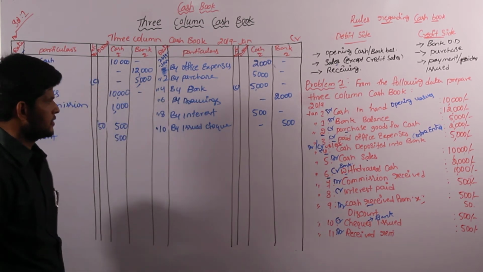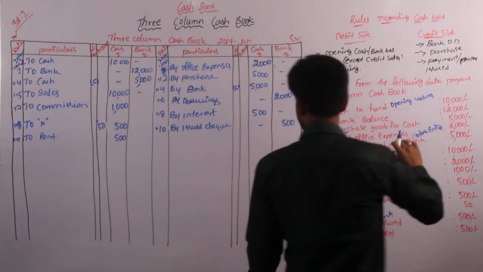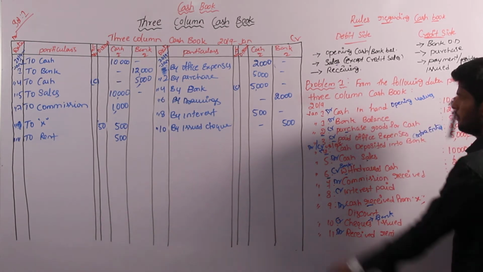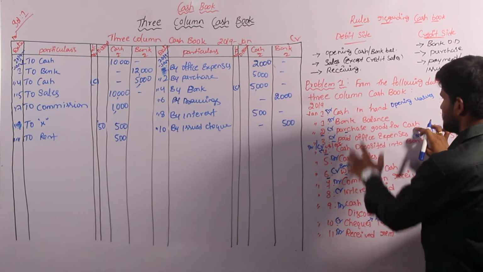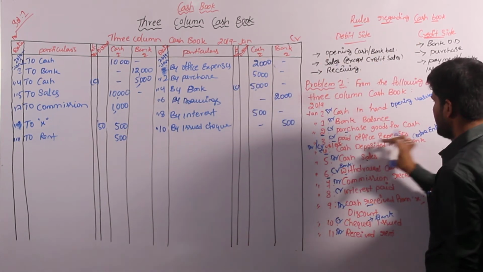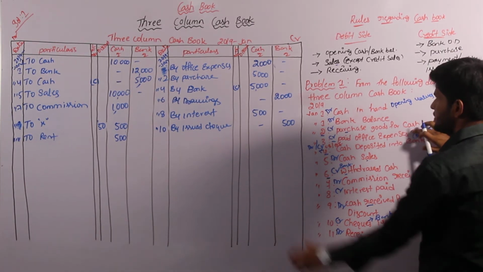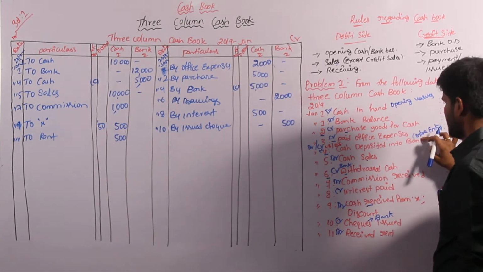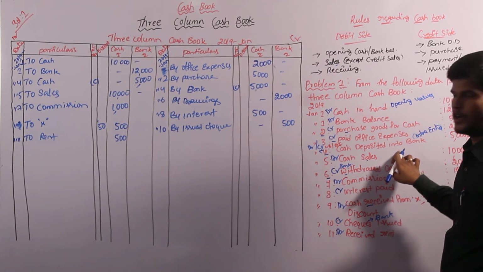So all transactions are perfectly entered. Again we have to check once again. Cash in hand, cash in bank, both values we have already entered here. And next one, purchase goods for cash. Purchase is nothing but credit side, so purchase is already completed. Paid office expenses, expense is nothing but payment. Payment is there in the credit side, it is also completed, that will be in the cash column because there is no cheque. And next one, cash deposited into bank, we recognize it as a contra entry.